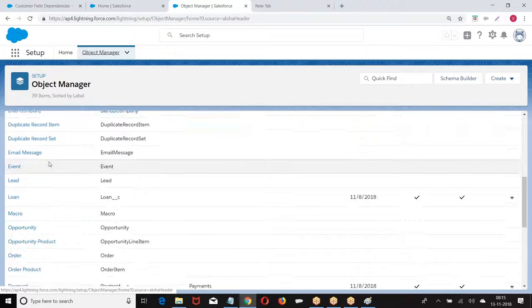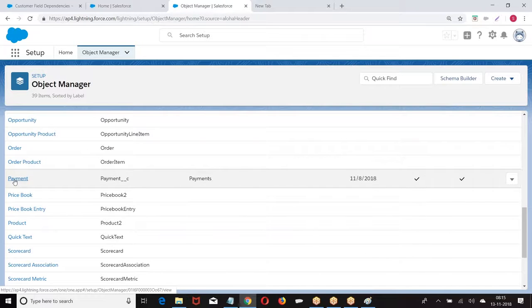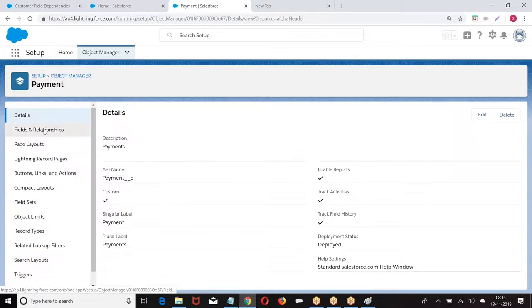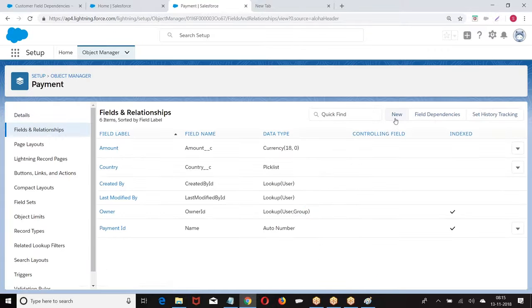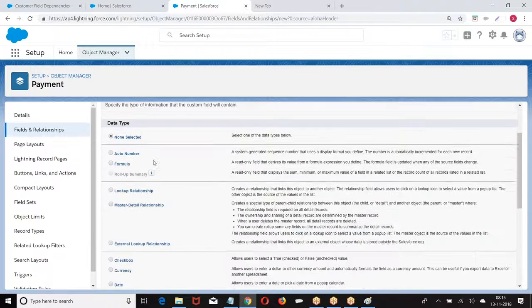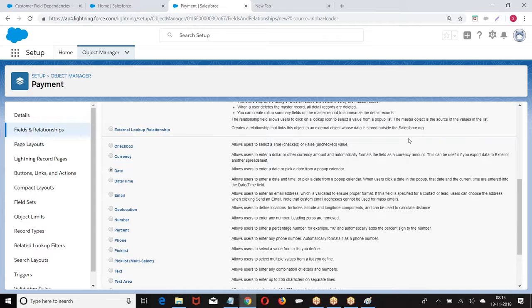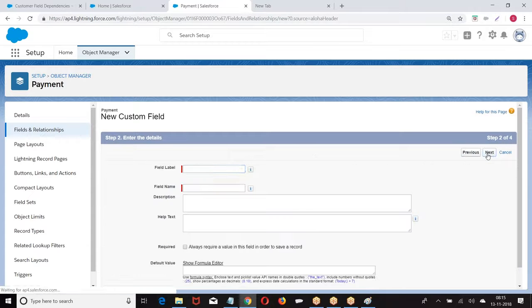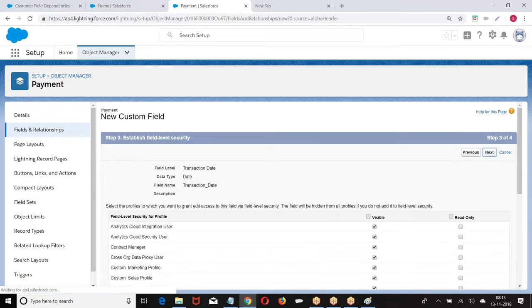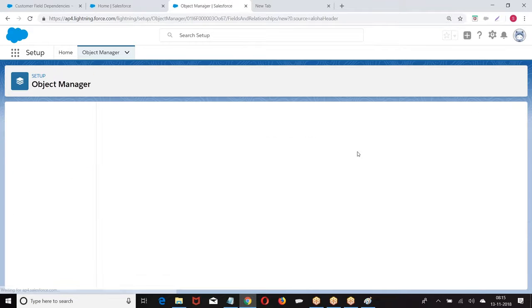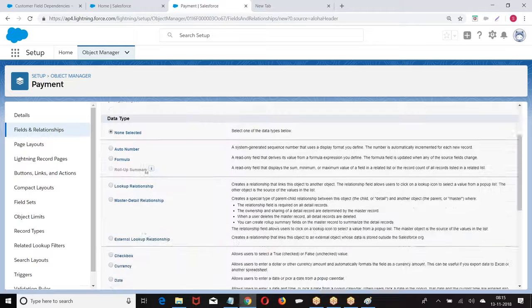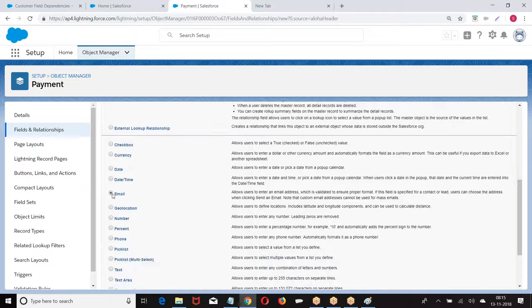Choose the object, fields, new. We have the date of payment. Then we have email.